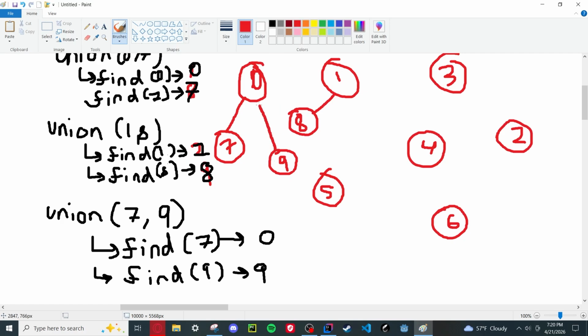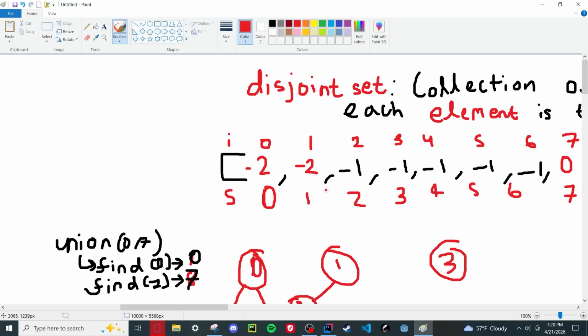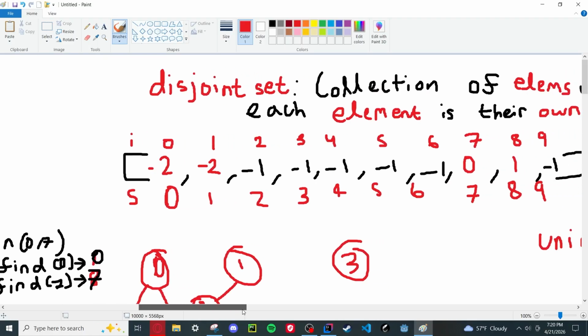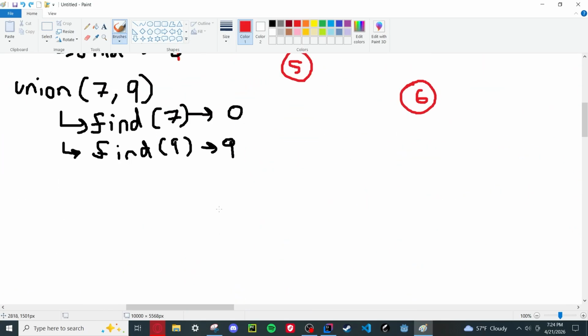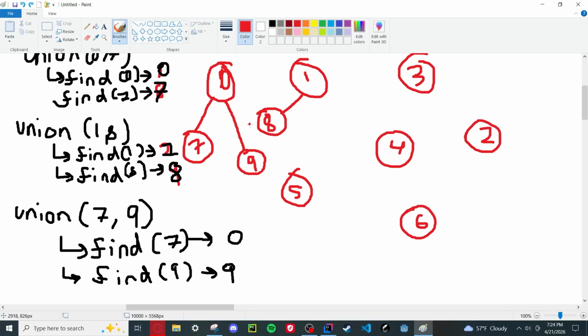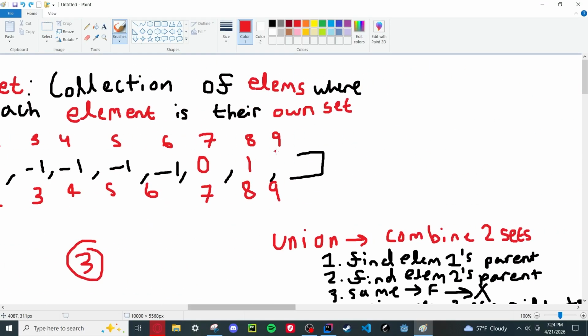Will it look like this? Yep. Let's go here to 9. Erase this, and set it equal to 0. Okay, right? So this is going to be 0, it's going to be 9. We're going to assign 9 to be the child of 0. So just stick a 0 in here. Okay, now that we have that,